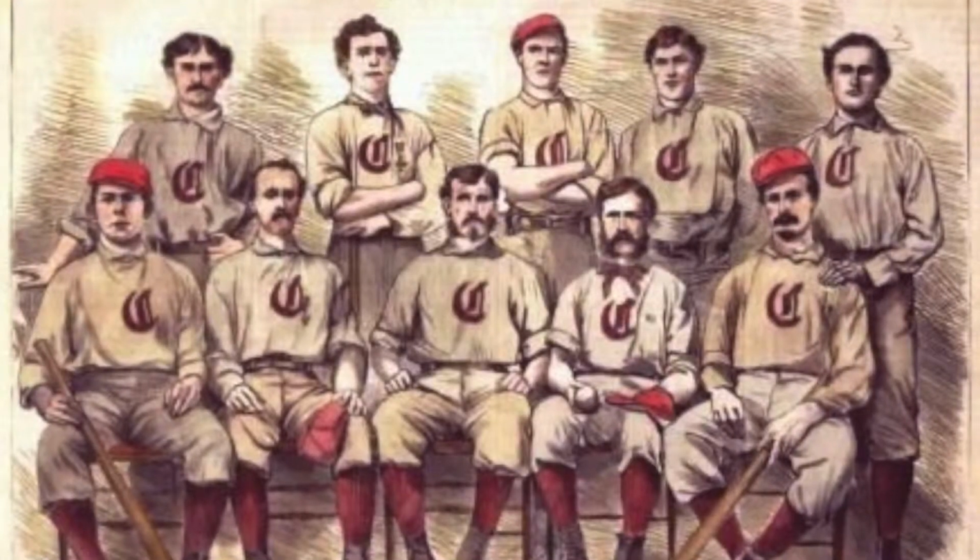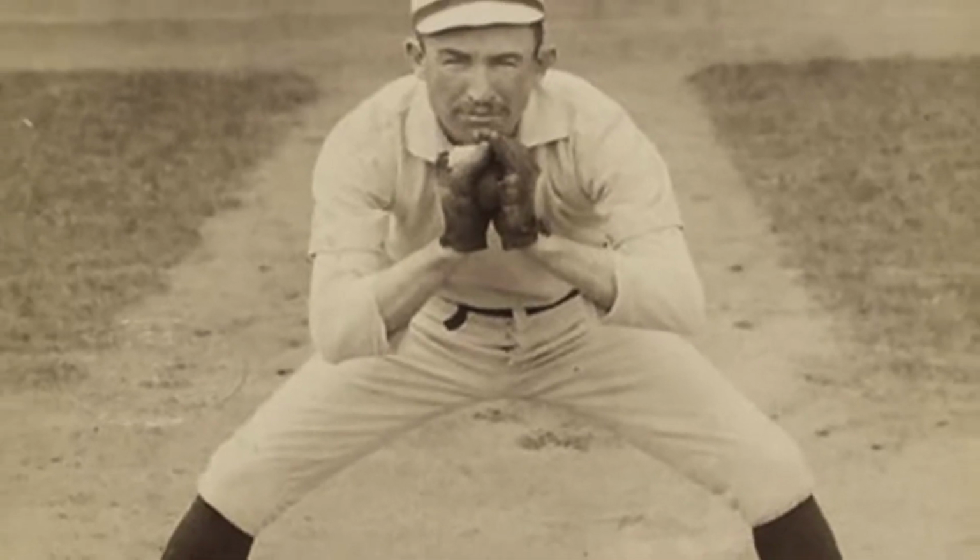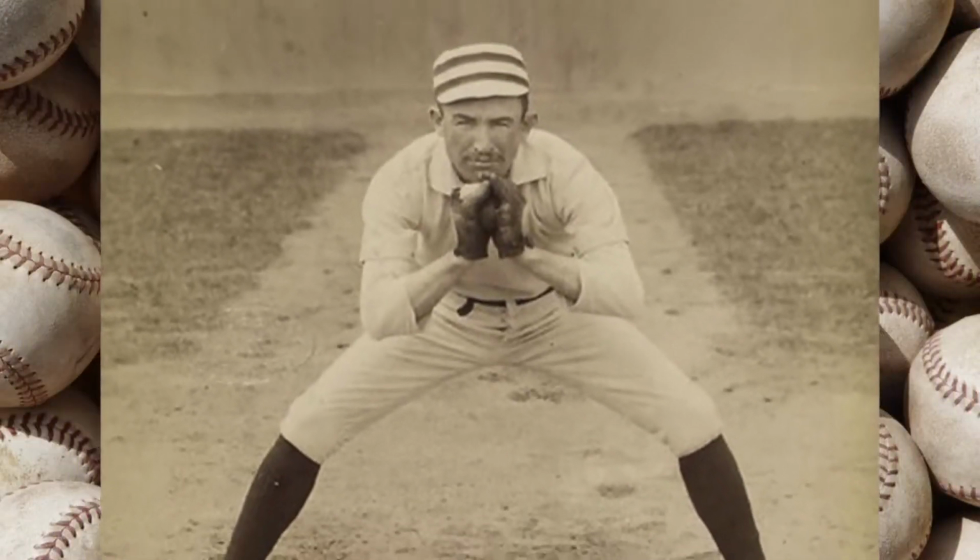Some guy from the Cincinnati Red Stockings, his name was Doug Allison, he was a catcher, couldn't take it anymore. Can you blame him? He snuck on the field with these little fingerless things and got lambasted in the press and everything else. He was shamed. But some guy named Spalding,